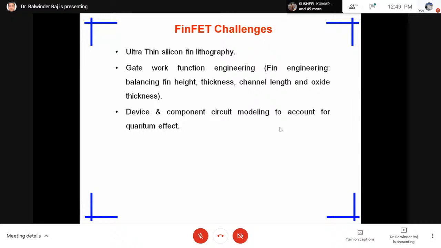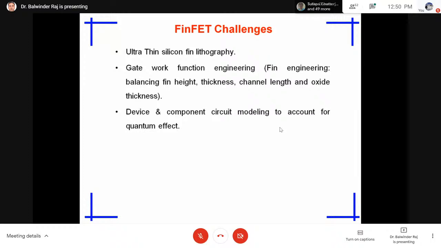If we consider the quantum effect in the device, then during simulation, a conventional device at 45 nanometer may hardly take 5-10 minutes, but including the quantum effects, the same device simulation may take 4 or 5 hours, because with the quantum effect, the analysis is more accurate, but at the same time it is point by point, meaning we are now analyzing the current flow at each point instead of